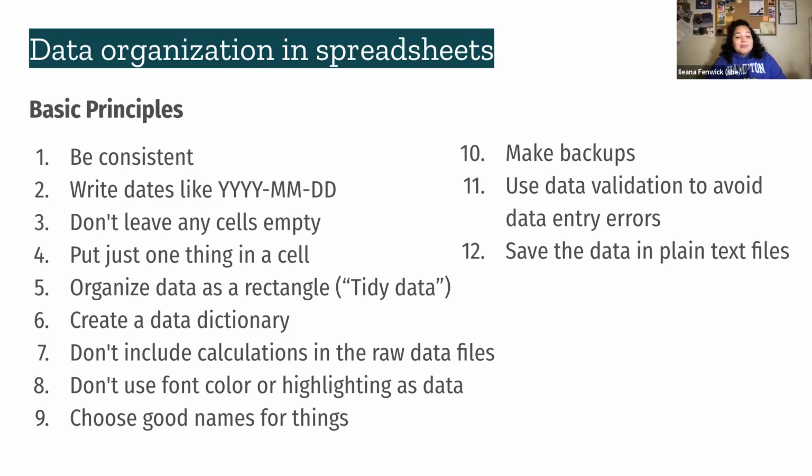And so, for example, in Excel, you can use data validation and insert a number range or possible values to help you to catch errors. So if I say that I'm inserting numbers between 1 and 10, and I accidentally type 2 3s, it would bounce back and let me know that I've made an error instead of accidentally letting that really high value exist in my data set. And so these are just some basic principles that we recommend implementing into your work as you start to produce spreadsheets and organization of your data.